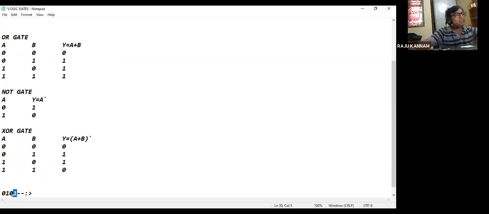Right shifting by 1 position means this is shifting to the right and there is no position, so it will be lost. Then this bit will come to the 1st position. So the first bit will be 0 and the next bit will be 0, and the last bit 0 will be added here. So it is 0, 0, 1, 0.